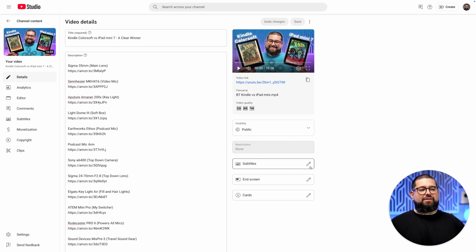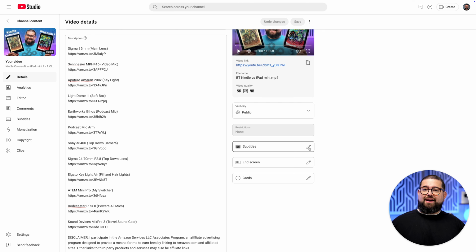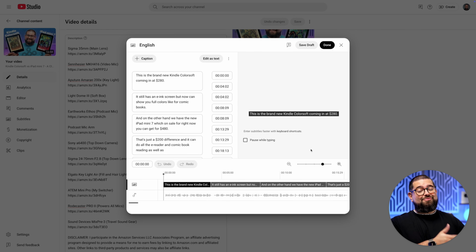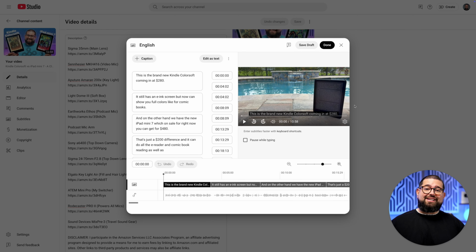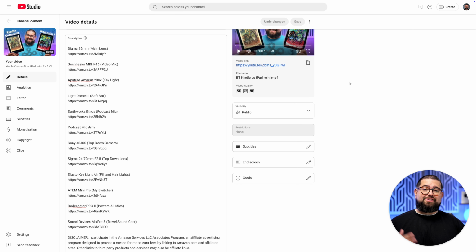And then over here on the right-hand side, you can add subtitles. And a great way to do that is if you recorded with Riverside, you can download an SRT formatted file of your transcript, which is going to have those timestamps, and it'll be a better transcript than what gets automatically done in YouTube. So I recommend uploading that SRT file.